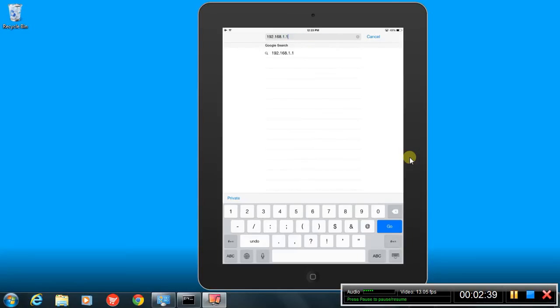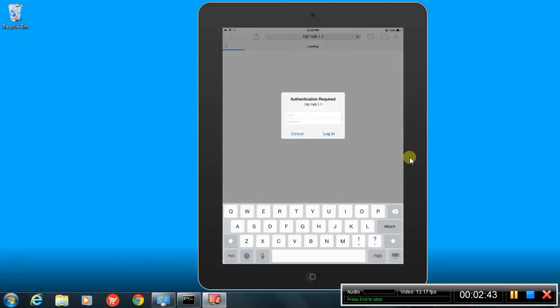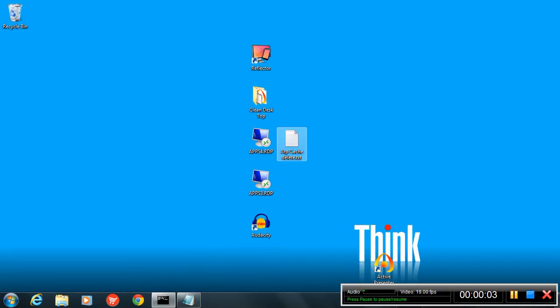So 192.168.1.1, and it's found the router. So at this point we're ready for the next step. At this step, what we're going to do is set up the IP address that we want the AM-1C to